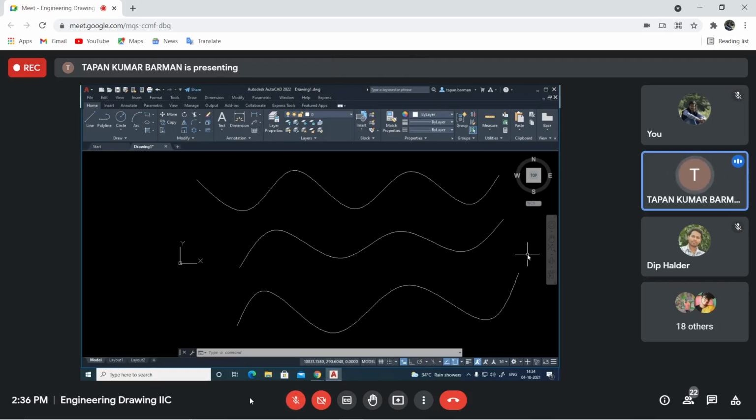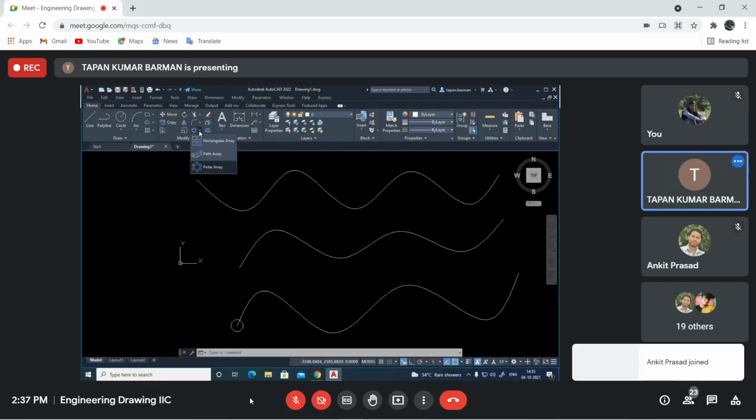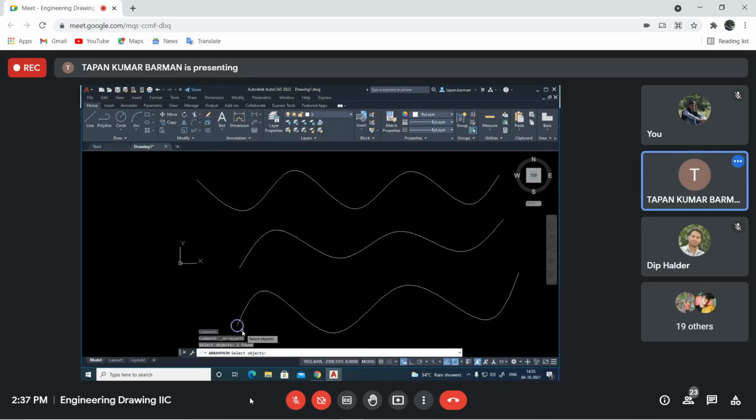Okay. Now the thing is, say for example, at this point, I have made one small circle and I want to array this circle at different locations on this curve. So that will be termed as your path array. So take this path array, select object. I want to select this object. If the object selection is okay, press enter. Select path curve. So this is my curve.